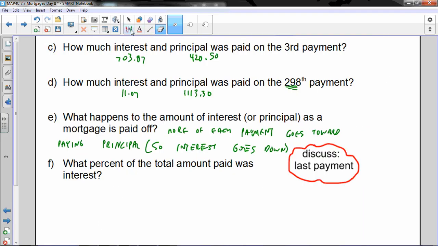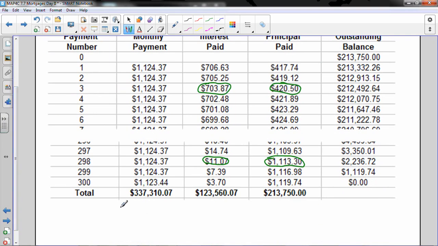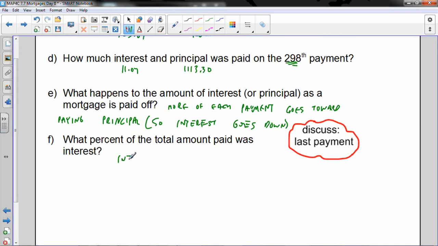Last little question. What's the percent of the total amount paid that was interest? Well, notice out of pocket, Ferd altogether was out of pocket $337,000 and change. He paid that $123,000 in interest. So what percent of his out-of-pocket money was interest? So interest over the total was $123,560.07 over the amount that he paid in total, including the amount that he owed,